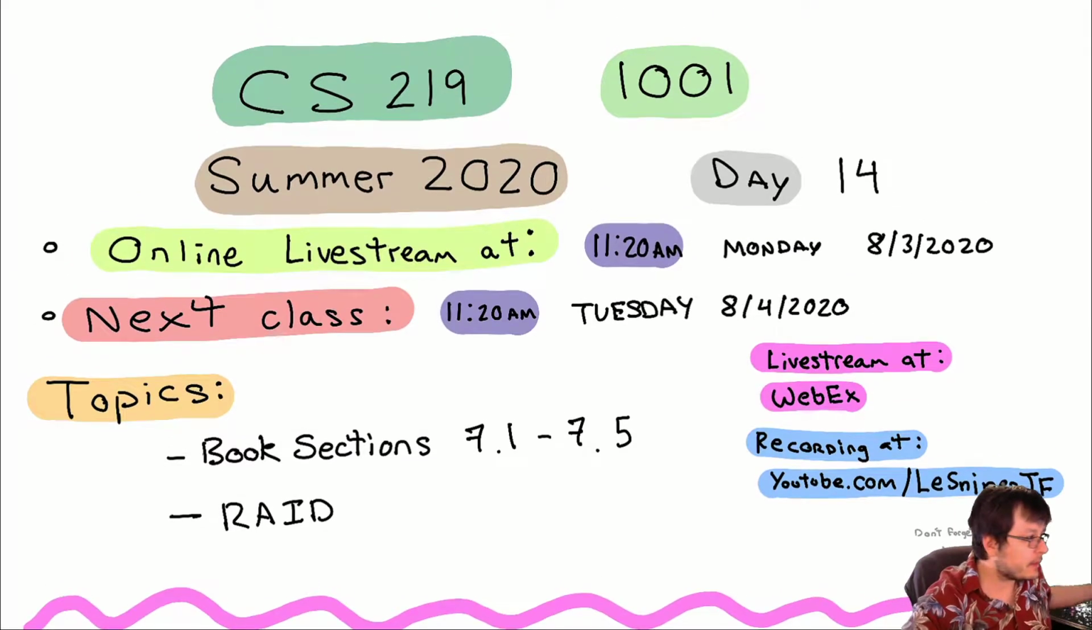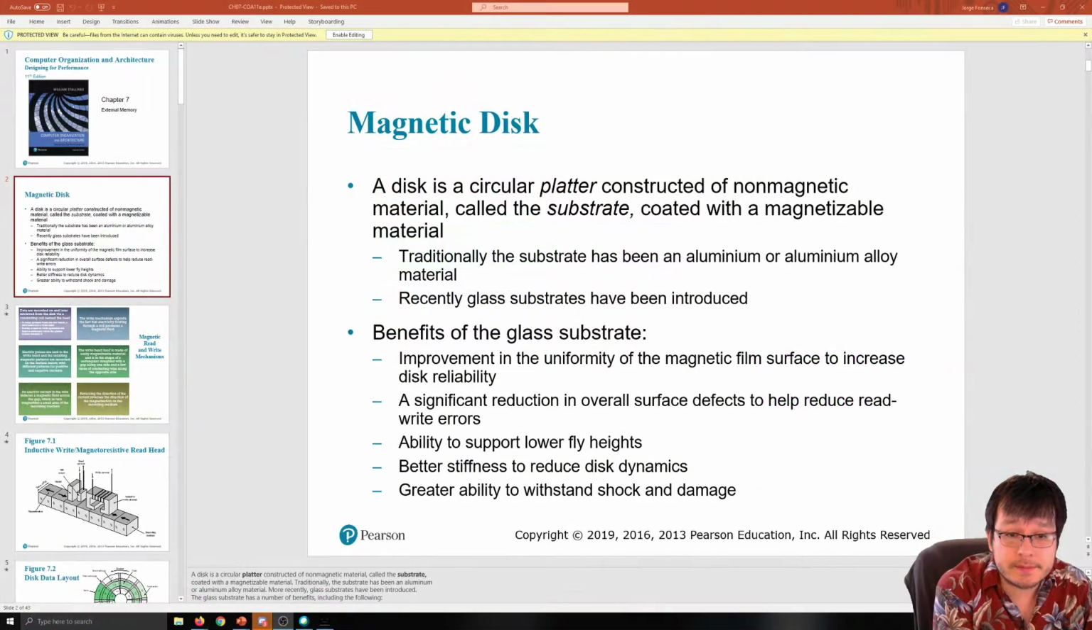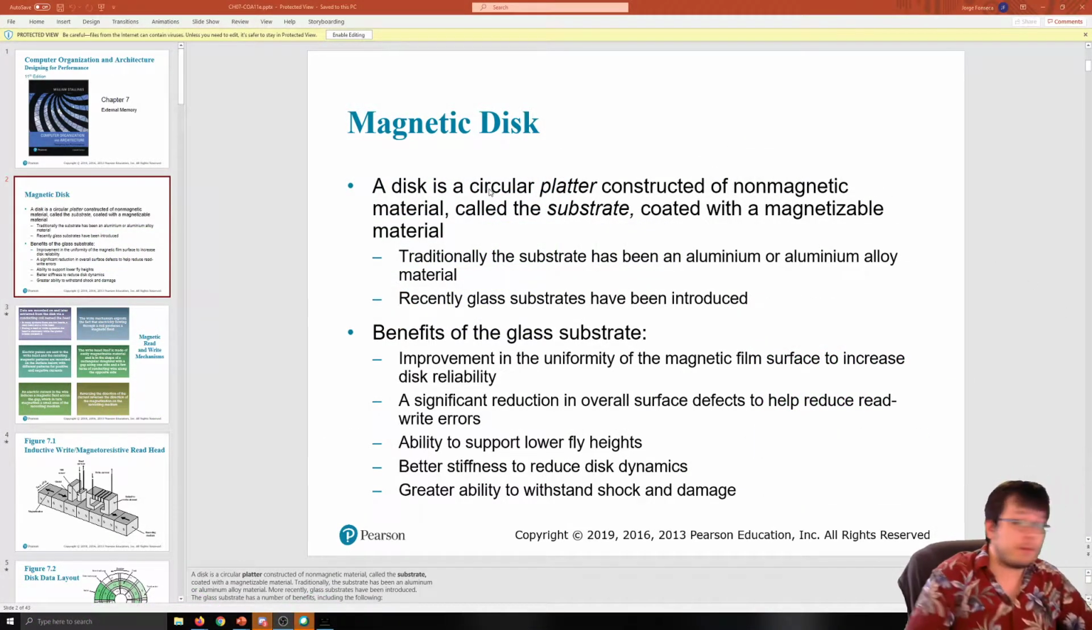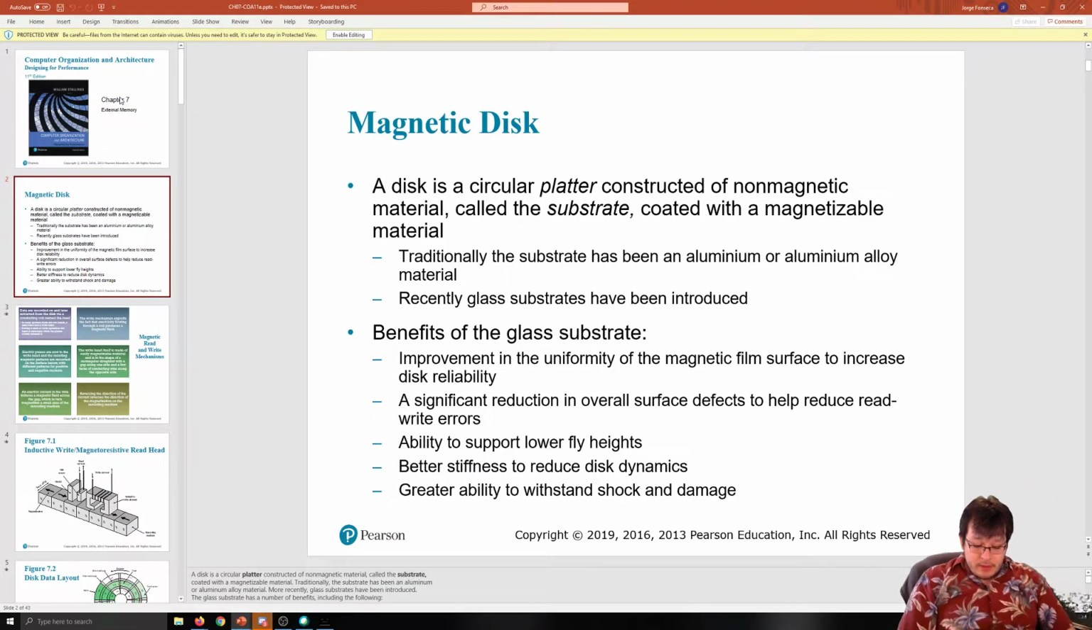So, let's go ahead and start by defining what a magnetic disk is. And for that, I'm going to turn it over to the PowerPoint. This is a PowerPoint from the book, and here's the cover for that. Okay, so technically,